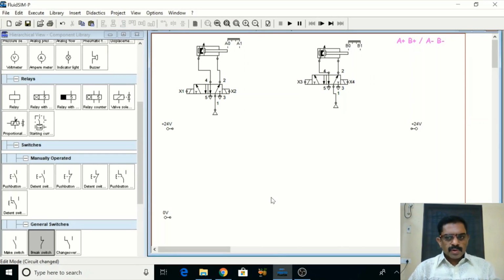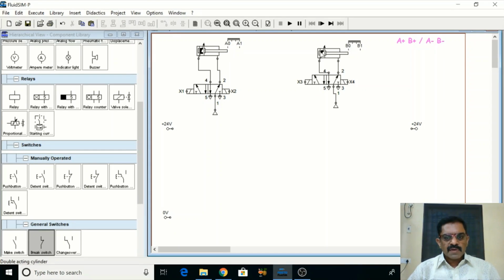Okay students, now we shall simulate this A plus B plus A minus B minus. It is similar to your cascade design. I am splitting this into 2 groups. If I split into different groups, I require that many relays. So instead of having group valves in cascade design, here we are going to have relays. Already I built this. Here we are going to use a 5/2 valve.